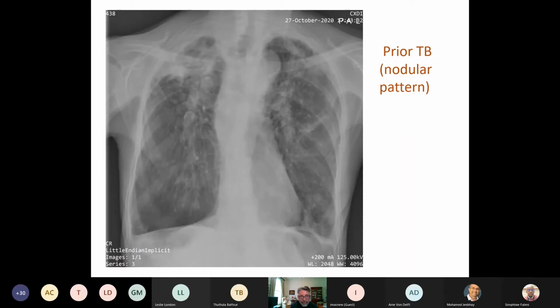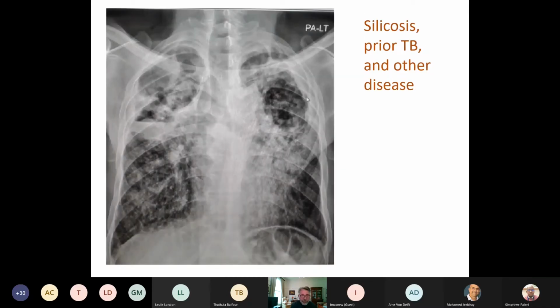And here it starts to get difficult. Some people might argue that there is probably silicosis here, but some others will come down, I think myself included here, that this is probably all old tuberculosis. But you can see the problem. It gets even worse when you have old tuberculosis. You have nodules everywhere, you have scar tissue, and you also have breakdown of tissue, suggesting there may well be other infections superimposed. So the point is that these are complex radiological decisions over which experienced clinical readers will argue.